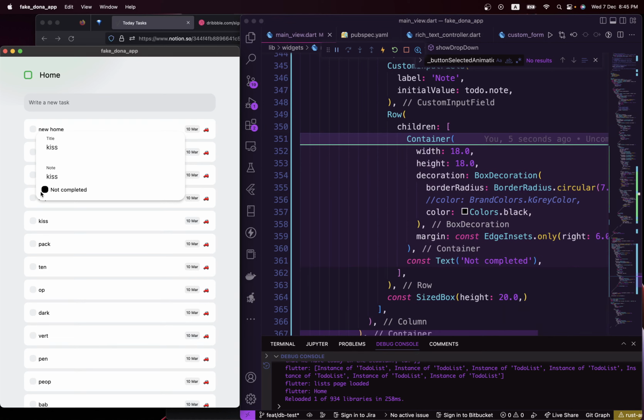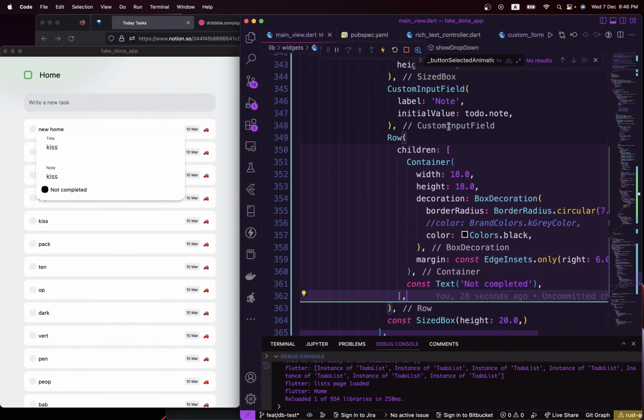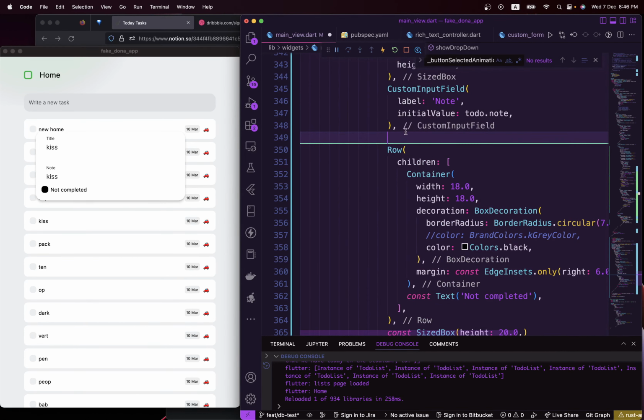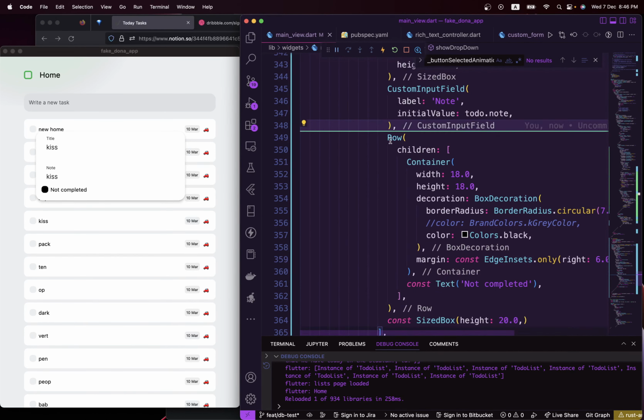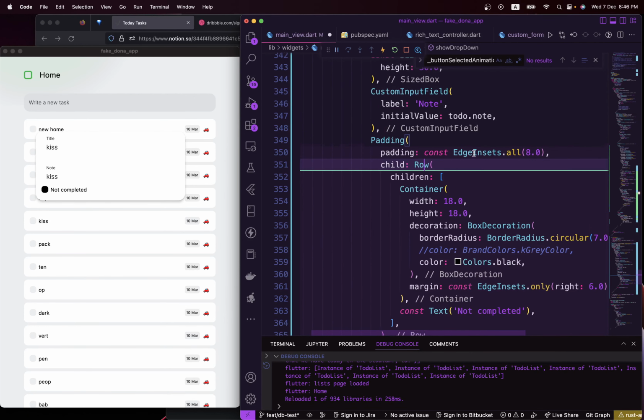So yeah, if it appears this way, with the dark color around it, that means it's actually completed. But if it's the other way around, that means not completed. I think the text actually makes sense on it. Okay, yeah, the text that says not completed. We can just leave the text that way. It makes sense too. It just adds a visual representation of what is going on rather than just a normal